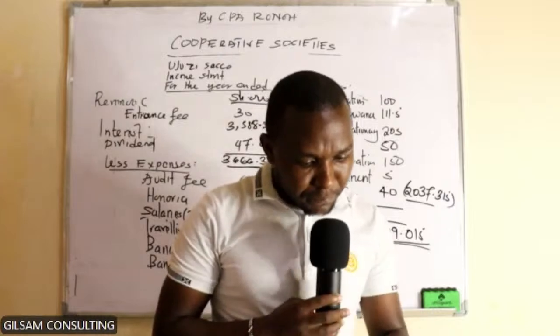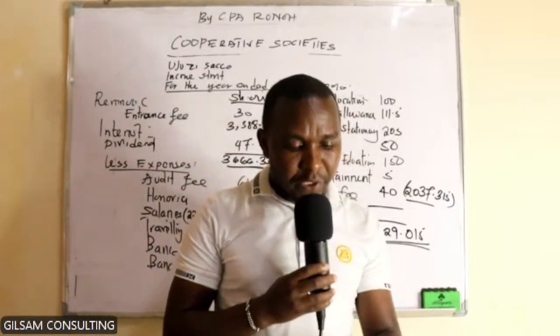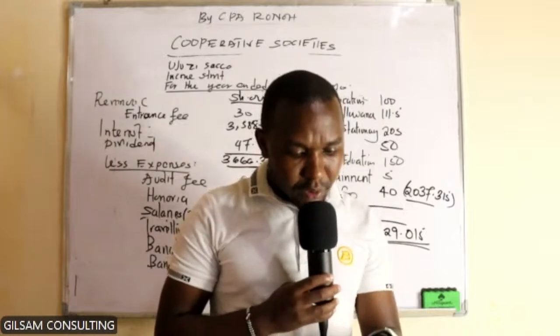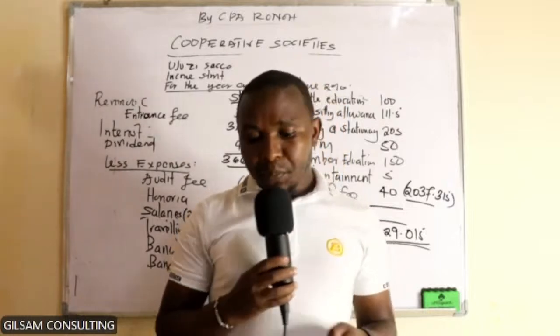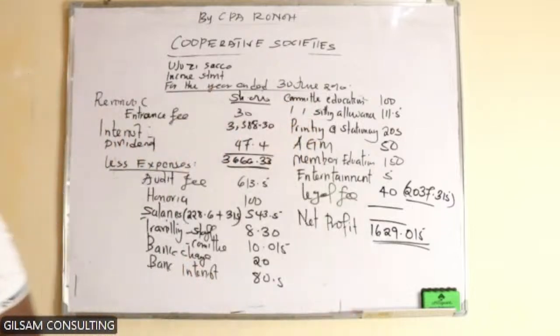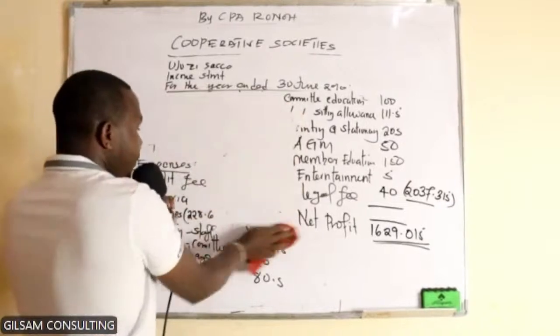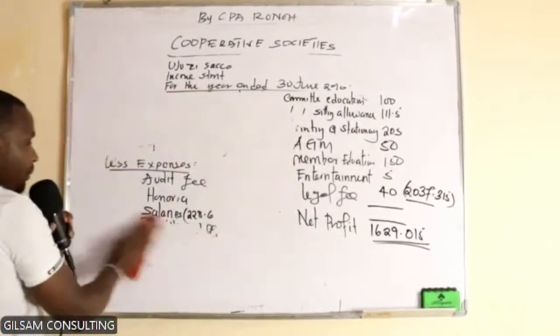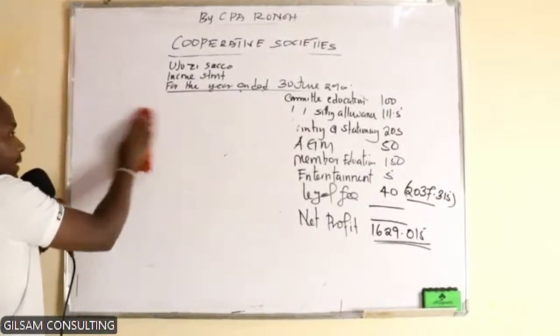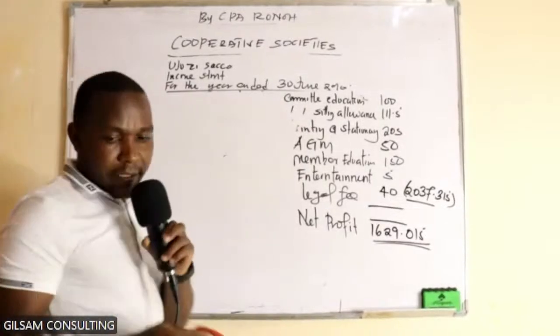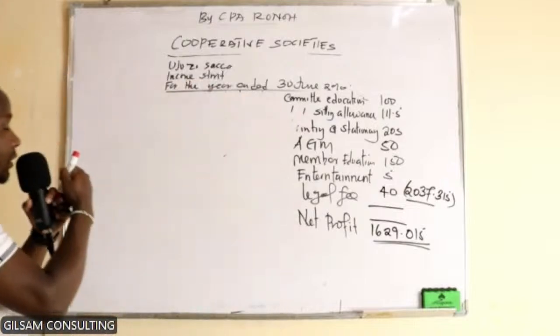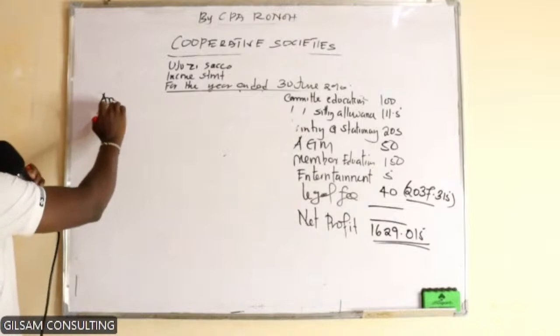And then part B is asking for the appropriation account as at 30th June 2010. So we need appropriation account. I think you have already written this. So with appropriation account, we said we take what? The appropriation brought forward. We add the net profits, we less the dividends, and also we less the interest on deposit. So we'll take the appropriation account